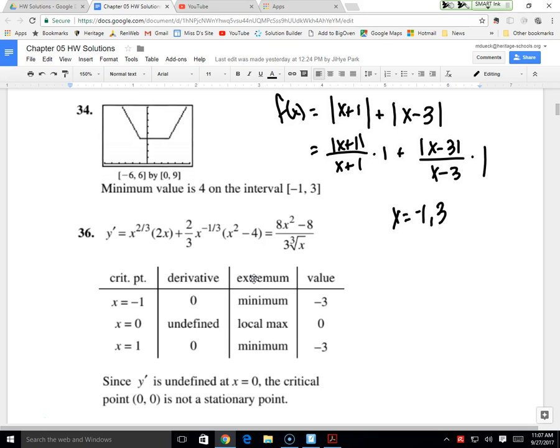Right? But on the top, aren't you going to get a whole lot of mess? Isn't it just going to be the same thing? Because you can't really go into the absolute values. Well, the problem is you have this multiplication plus that multiplication, and you can't combine the like terms. So then the struggle is, negative 1 and 3, are they critical numbers? And the answer is yes. They're technically the only critical numbers, that's true. You can't combine the like terms and figure out any other ones from the numerator.